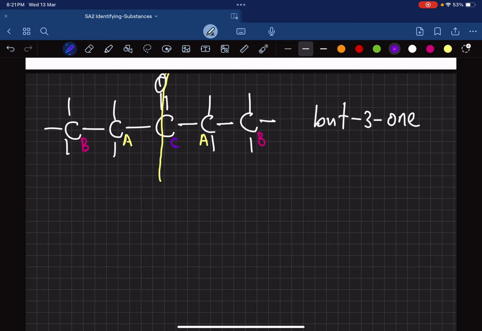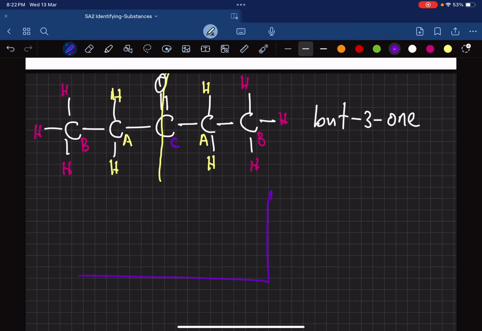So this also means that this hydrogen and this hydrogen and this hydrogen and this hydrogen are identical, and this hydrogen and this hydrogen and this hydrogen and this hydrogen and this hydrogen and this hydrogen are identical. So what does this mean? So if you have